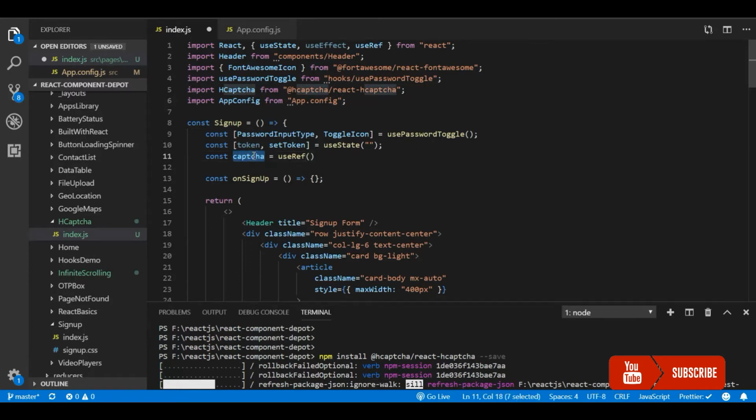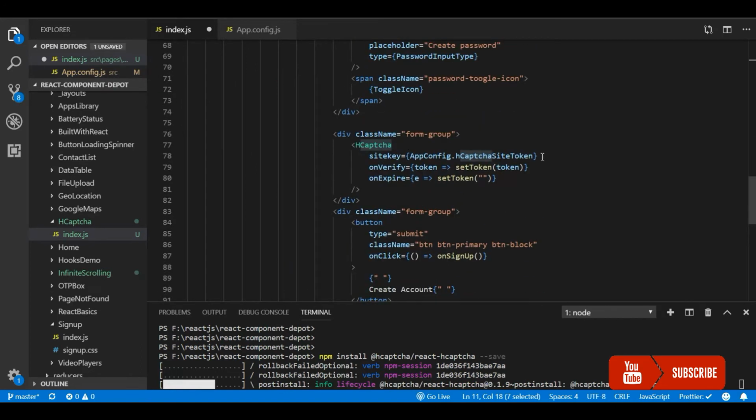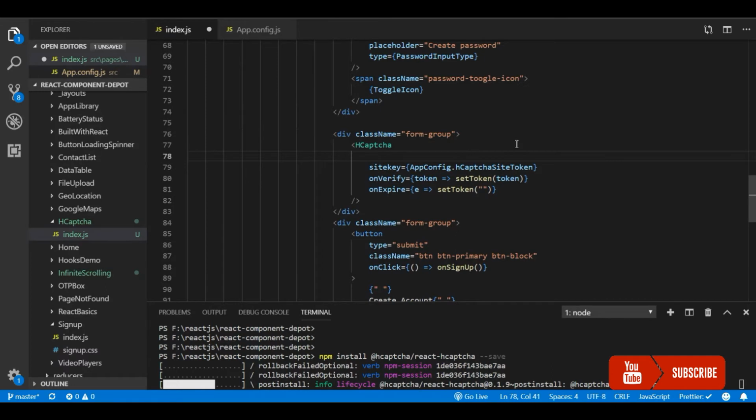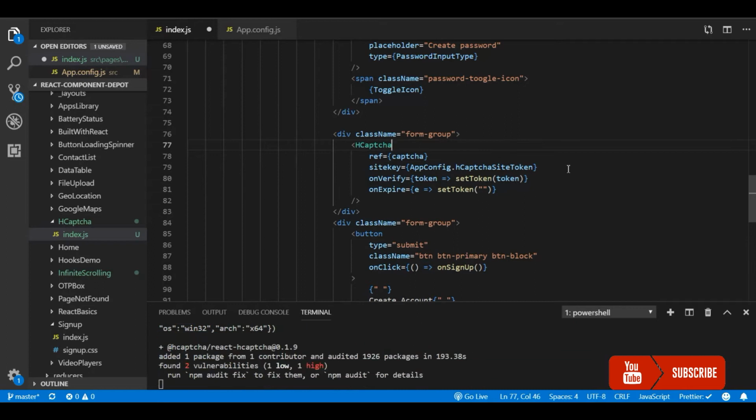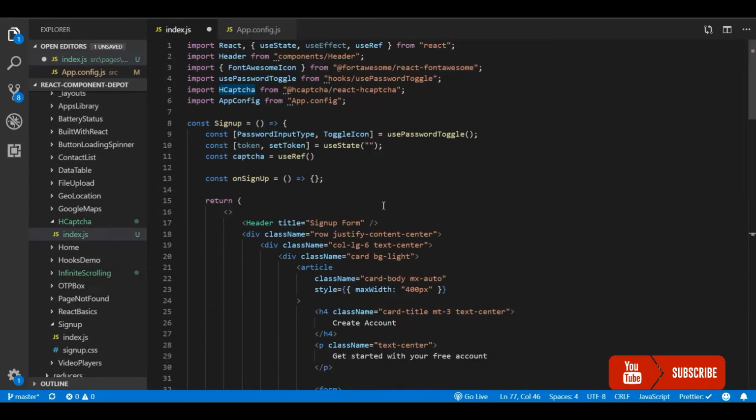So let me add this reference to the captcha component. And our package is installed. Let's close this. Okay, we are all done with this captcha component here.